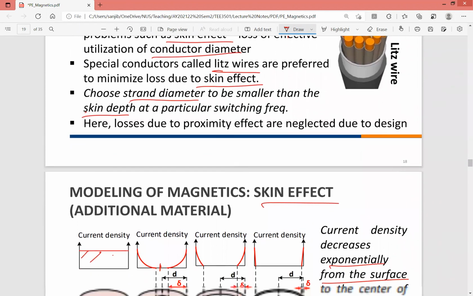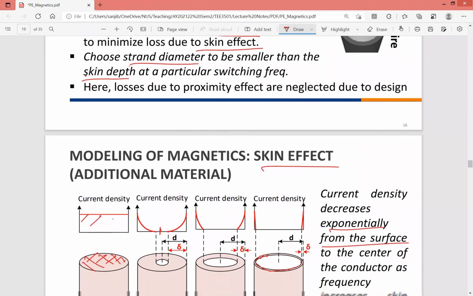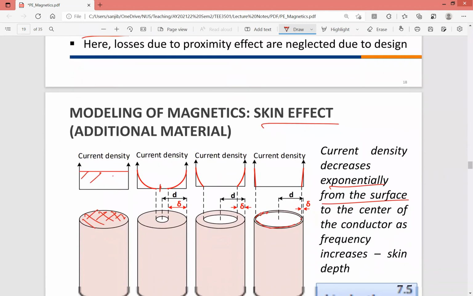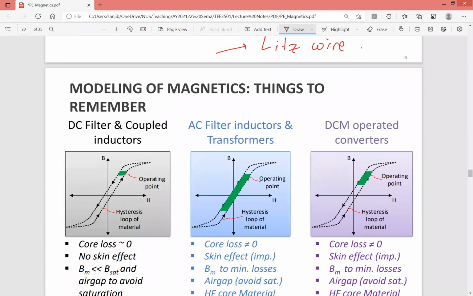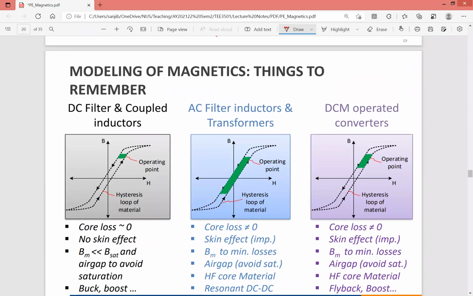Due to proximity, there will be some losses due to the multiple strands. So there will be proximity effect, but we can neglect that proximity effect. Okay, now we understood skin effect. We understood litz wire. That's basically what is done in reducing the